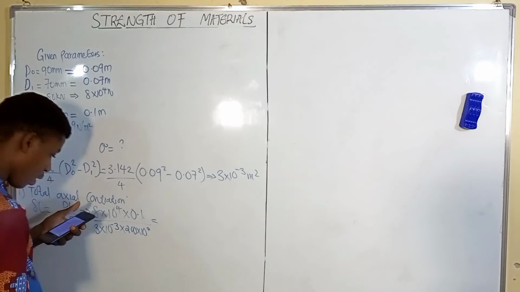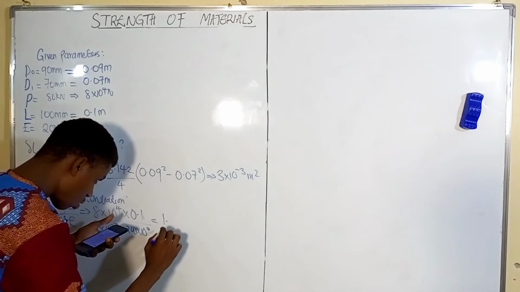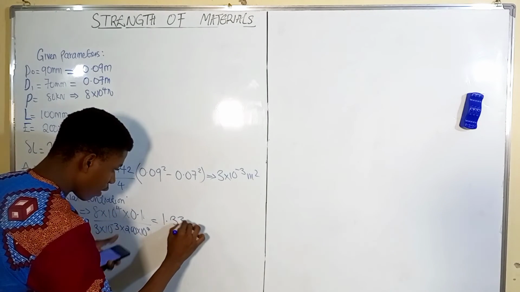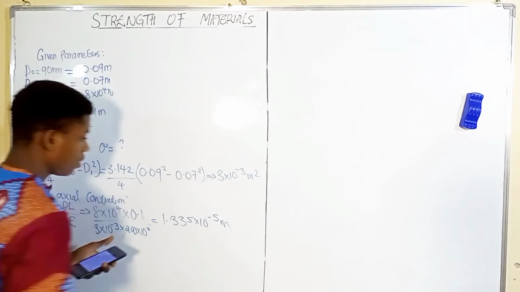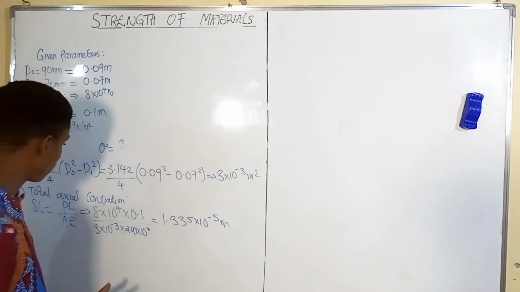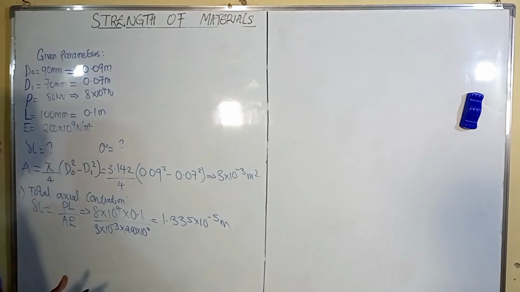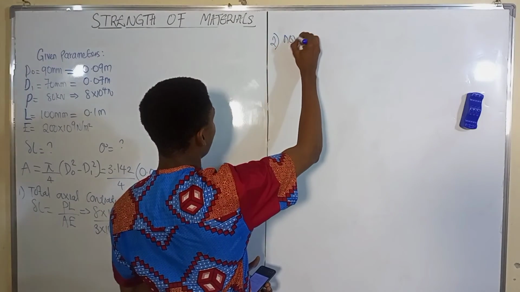So we have our extension, or total axial contraction, given as 1.3335 times 10 raised to the power -5 meters. So this is the value of the total axial contraction. So next we are looking for what? The nominal